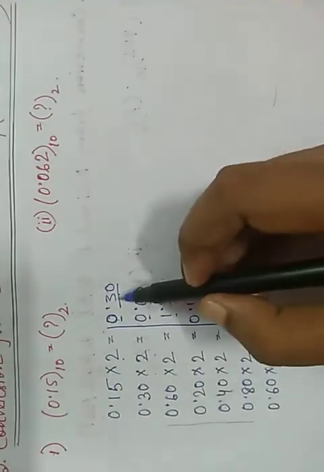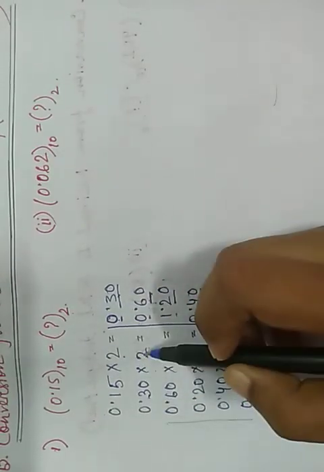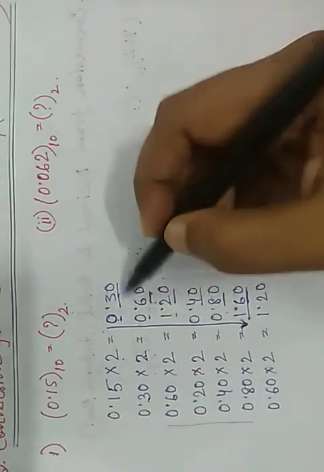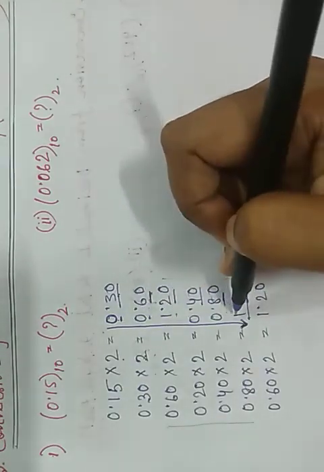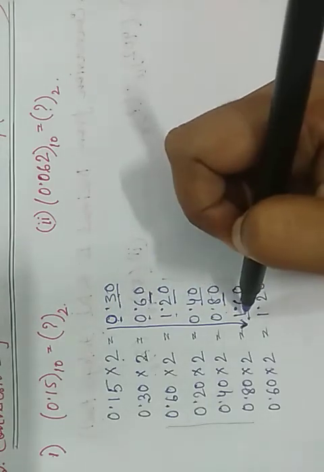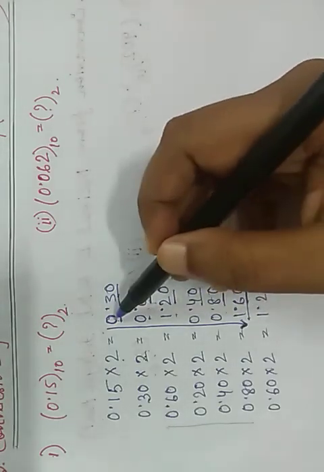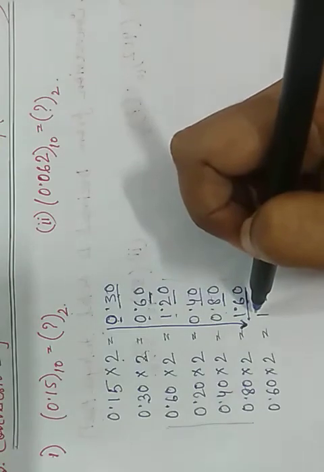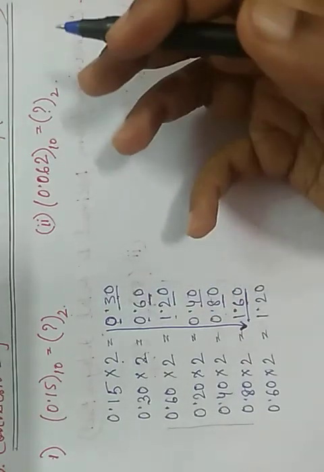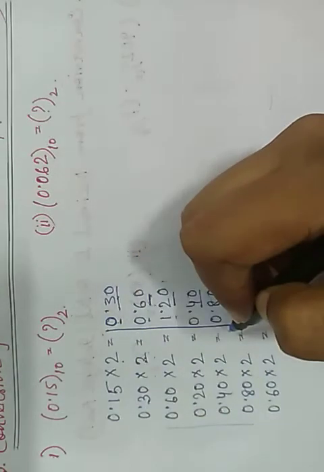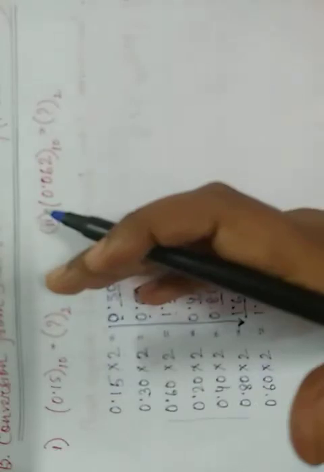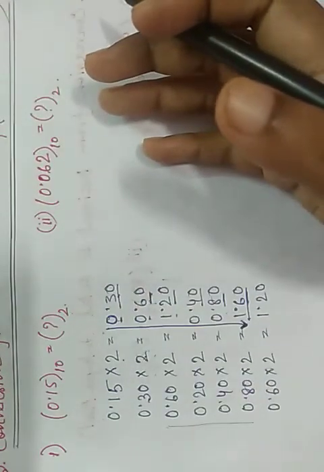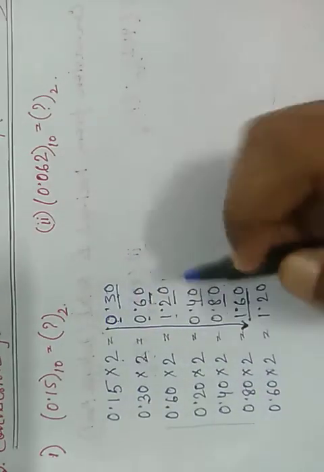This integer part, fractional parts we use to multiply by 2, and the integer part. Here you see all the integer parts are 0 and 1. So 0 and 1 means it is within the binary number system, so we have to take all the integer parts, and the integer parts must be taken from upward direction. Whenever we convert an integer part number into the binary number system, we take the remainders from downward to upward, and here we have to take from upward to downward direction.